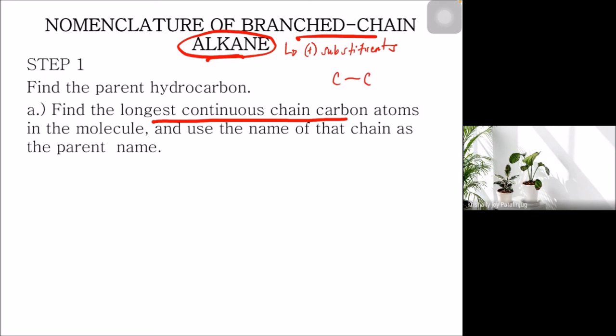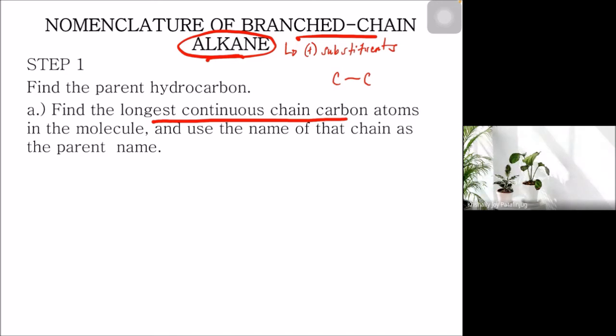However, later on, I will be adding substituents like halogens, but it's very simple to identify a halogen. It's just fluorine, chlorine, bromine. Okay? So, again,